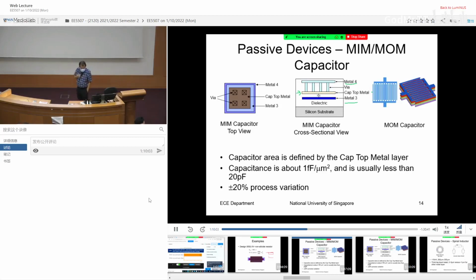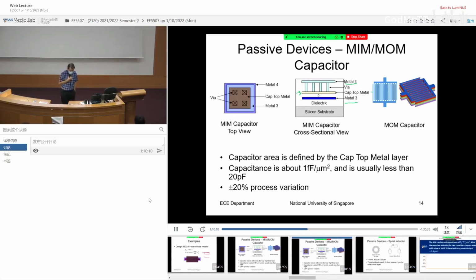So this capacitance used to be 1 femtofarad per micrometer square. Nowadays, I think they improved to probably 3 to 4 femtofarad per micrometer square. Technology advanced. Okay, the good thing about the unit capacitance is the higher it is, the smaller area needed. So take 20 picofarad for example. So if I want to create 20 picofarad, you use